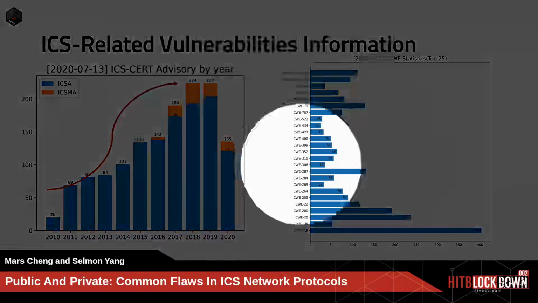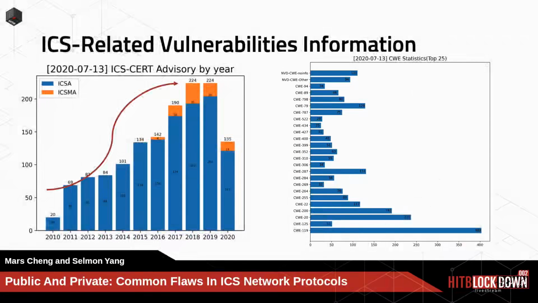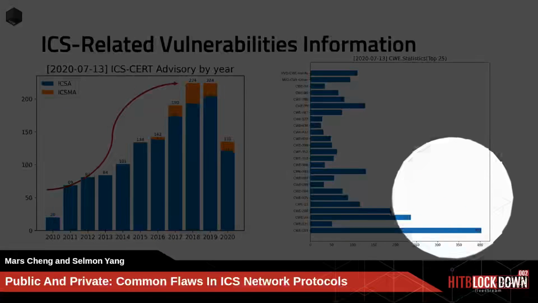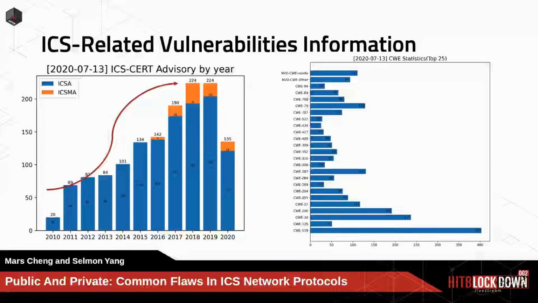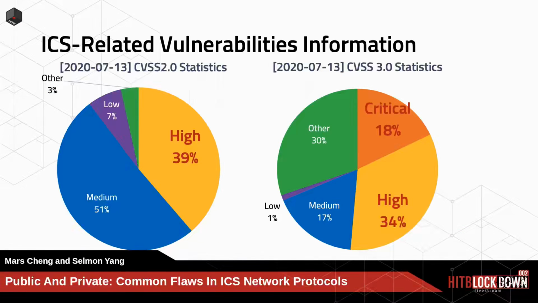And on the right side, we look at different vulnerability types, like CWE-119. It's a very high number in the ICS environment, ICS cybersecurity, regarding improper restriction of operations within the bounds of a memory buffer. So many ICS vulnerabilities are about this term. Here we use CVSS to evaluate vulnerability severity.